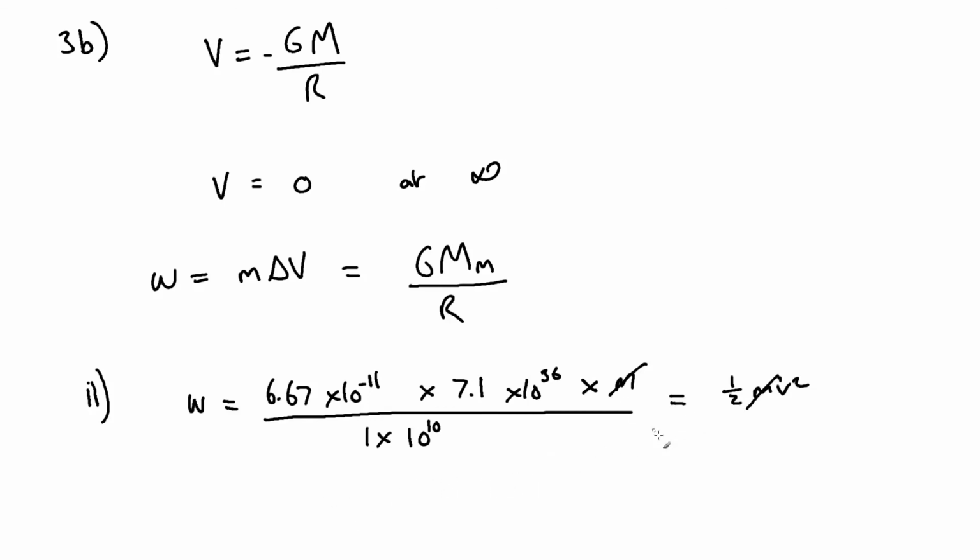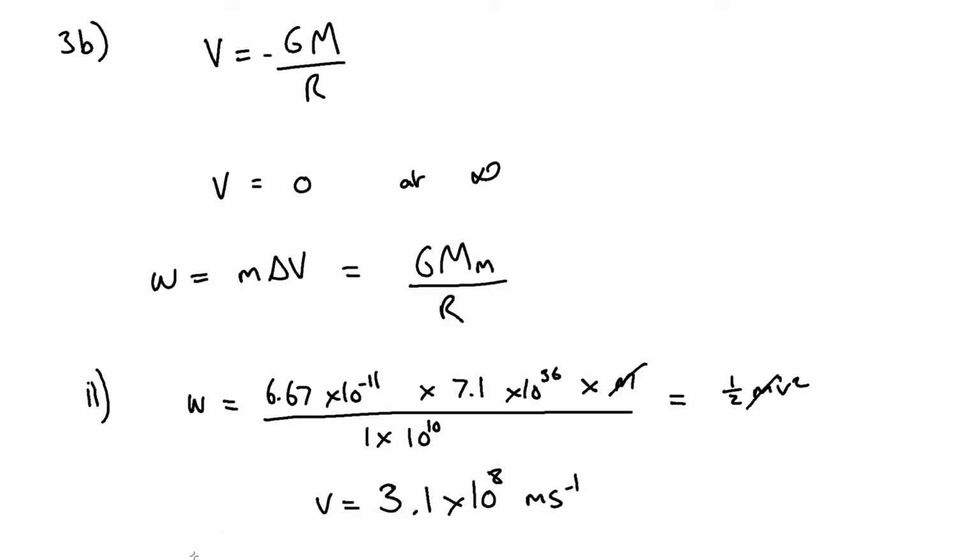And then if we multiply both sides by 2 and square root, we can work out v. So basically 6.67 times 10 to the minus 11 times 7.1 times 10 to the 36 divided by 1 times 10 to the 10. Find that, multiply it by 2, square root the answer, and what you will get is